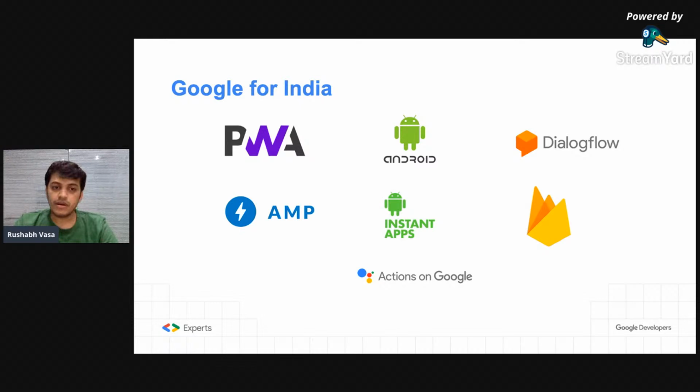Or you can use Firebase. Firebase is a very powerful tool for analytics and for your database, so you can use that. And Actions on Google, of course, as I said, voice plays a big role in this entire ecosystem, so definitely look for it. These are some of the components that you should look for when you're building your project, or in future if you want to start your own startup. Just make sure that you use these kinds of products, which make your product more powerful, robust, and the experience far superior.